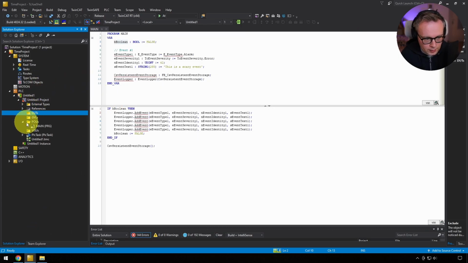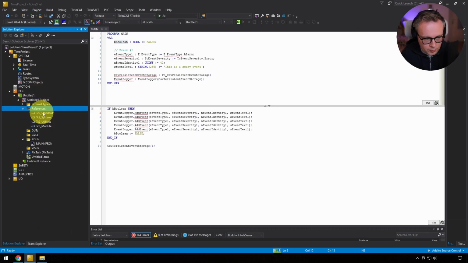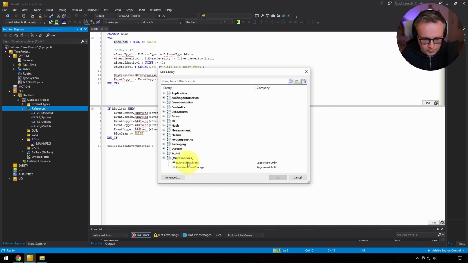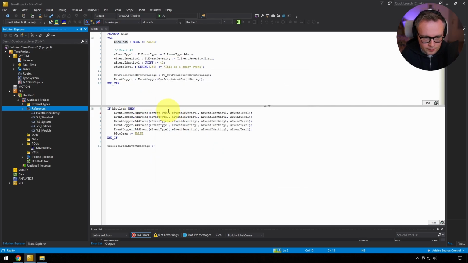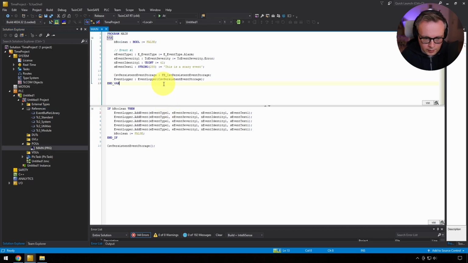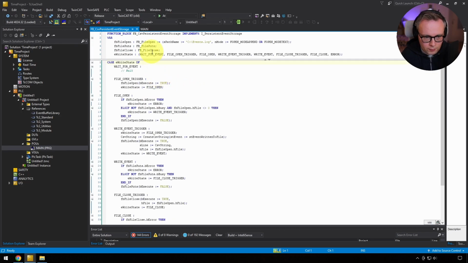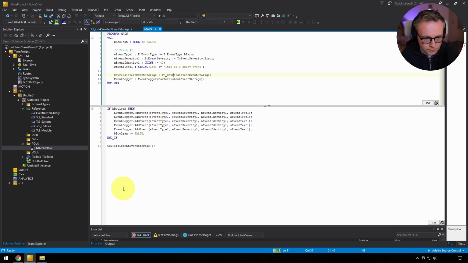And then we create a reference to that library here, event buffer library. So far everything here should work just as it did before, because we're not using the buffer anywhere. What we want to do is make sure that the event CSV persistent event storage uses this buffer, instead of, right now, only writing 1 event, as I told you before.